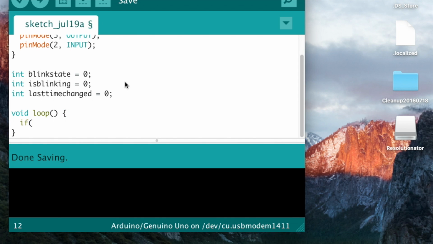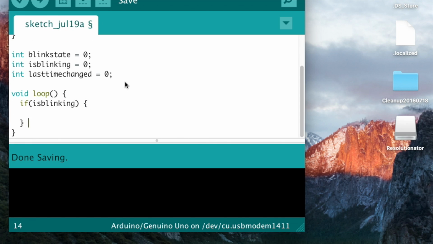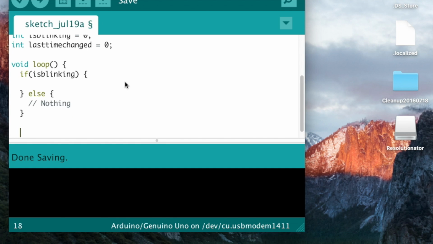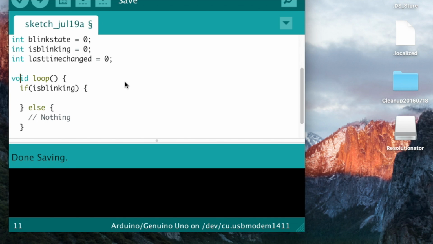if is blinking, then we run the code if we're in the blinking mode. Else, we're going to run the code if we're not in the blinking mode, which will probably be nothing. We're not going to do anything if we're not blinking. Okay? And so rather than do a delay, what this is going to do, if we are blinking, we say,